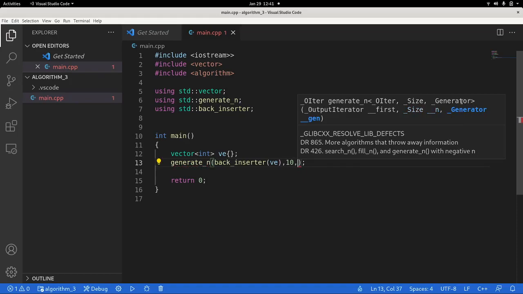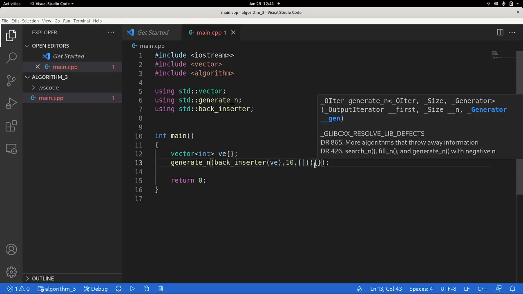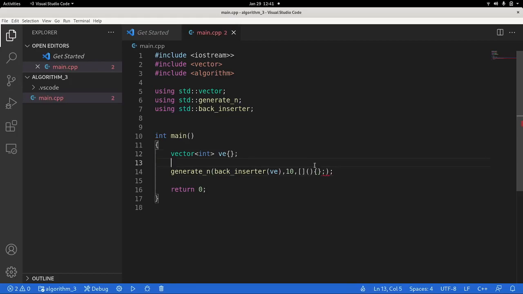We can then create the generator. The generator is going to be a lambda function, a lambda expression. As we know, a lambda expression follows this pattern. Here we're going to return. First of all, we need to declare an integer which will hold a counter. We initialize it to 0, and here we just return i++,